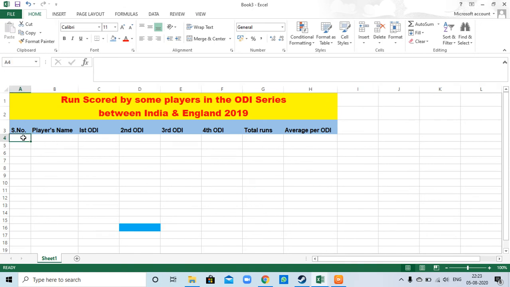Now serial number is 1, 2, 3, 4, 5 like that. Here the player's name. First one is Shikhar Dhawan. Second one is KL Rahul.